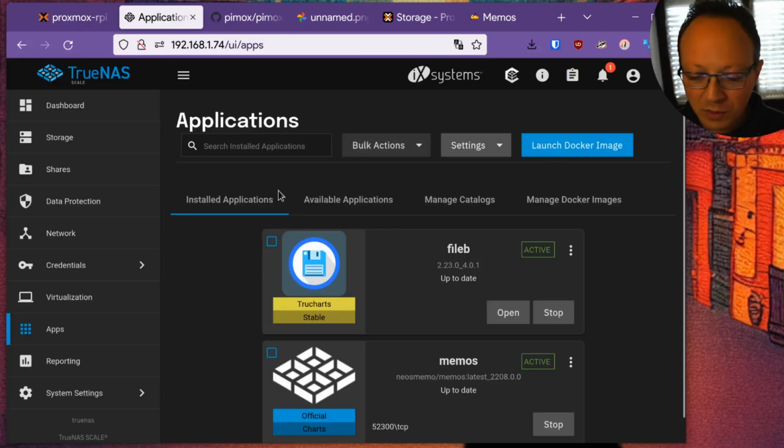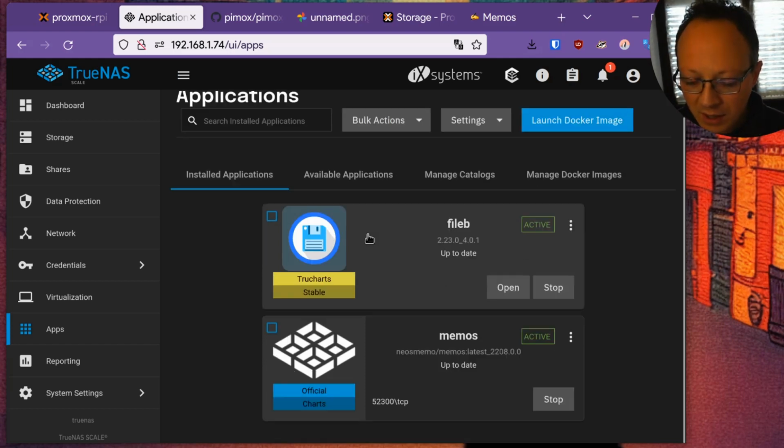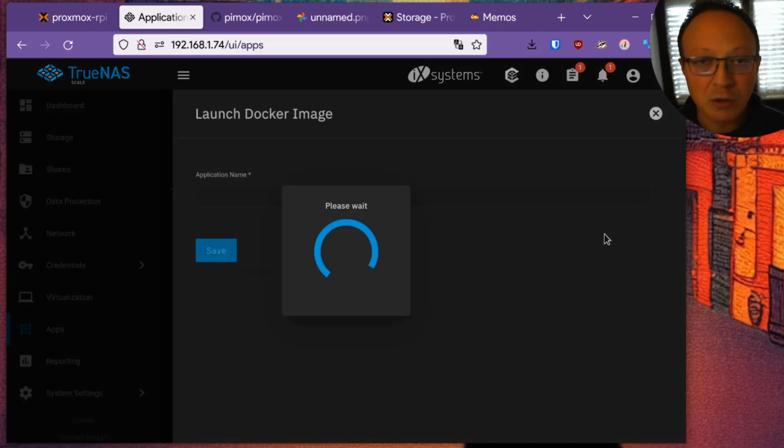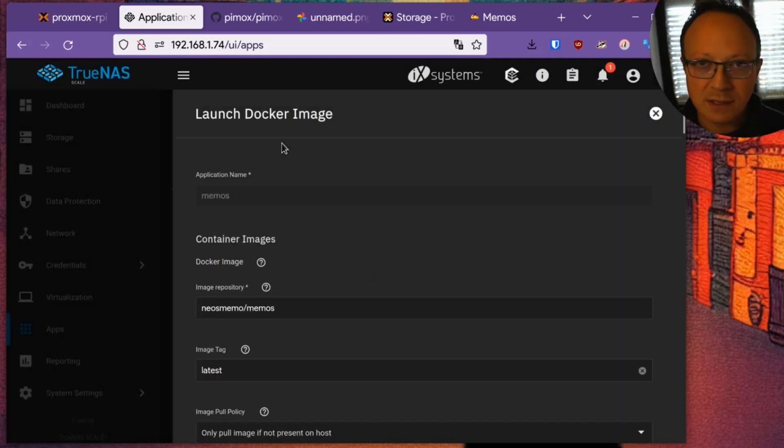So if you go to Applications, you can launch a Docker image. Behind the scenes, it uses Kubernetes to implement this feature. But as you can see, I have an unofficial container inside TrueNAS, and this is a Docker image which isn't supported by TrueNAS.